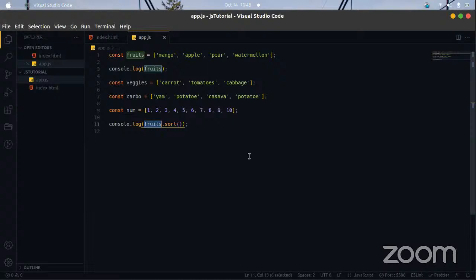I'm trying to think of something kind of challenging to show you guys how sort works very well. I think I have a snippet of code here. I'm just going to copy this.